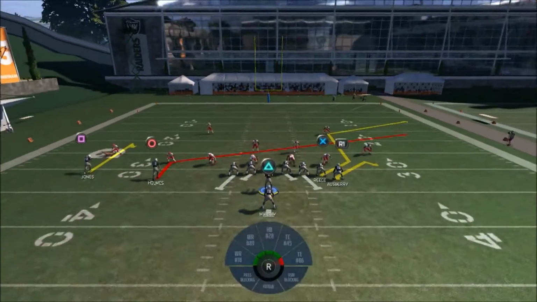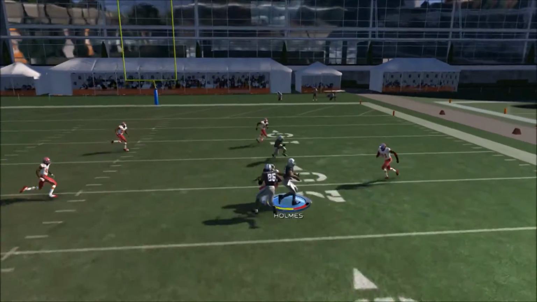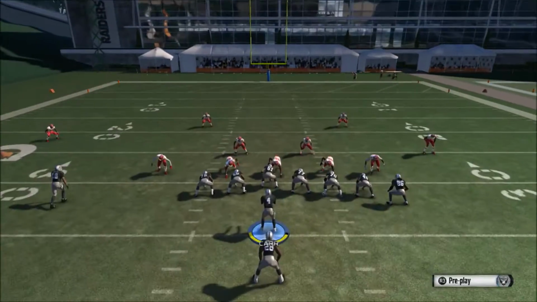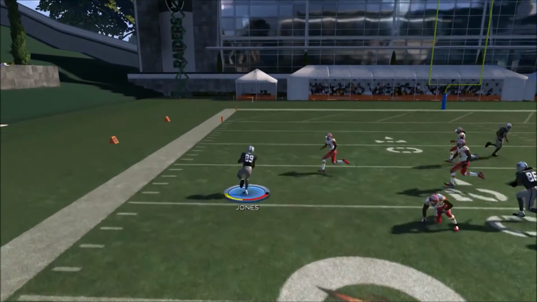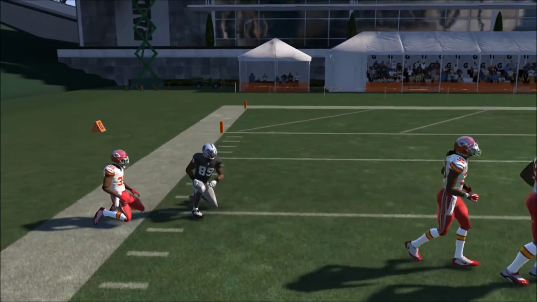If I want to attack the other side of the field, I can do so by taking Holmes and putting him on a slant route, and able to pick up some pretty good yards like that with the levels concept on the angle. So my opponent is going to be forced to try to defend this little hitch route. It's going to be something he's really going to have to struggle against. And I just like the concepts like,